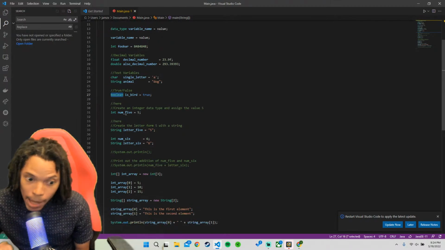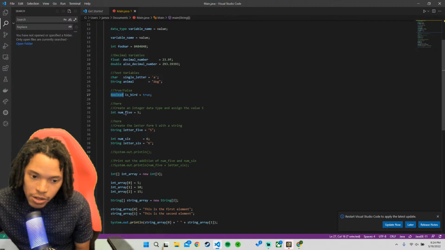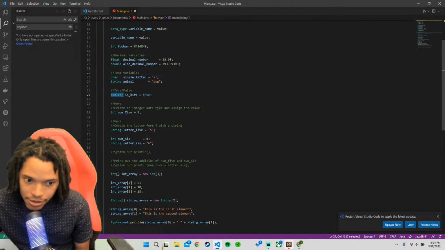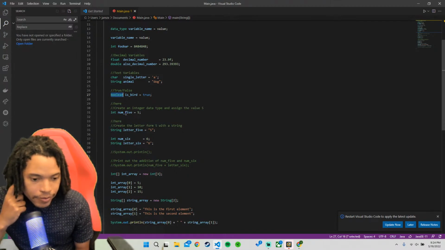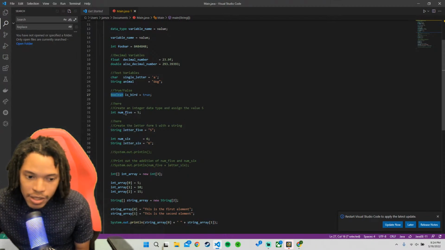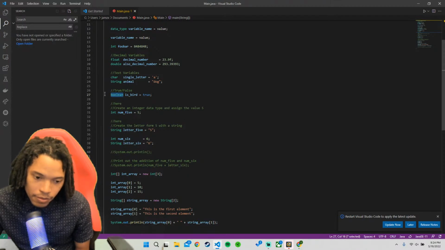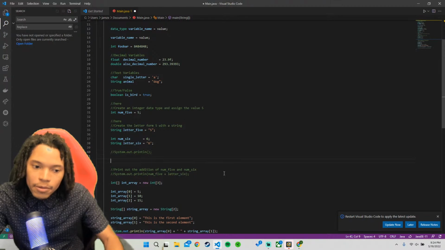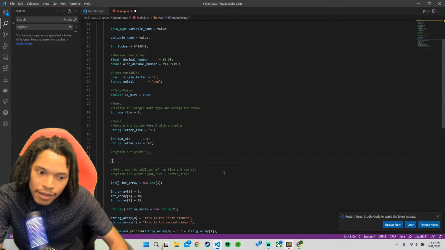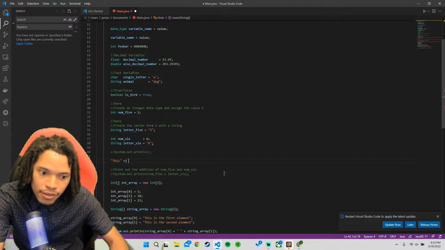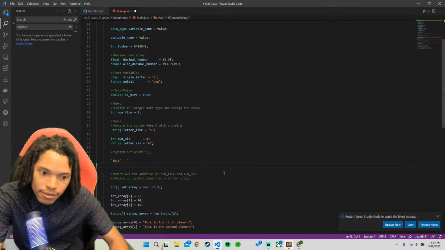So then there's vocabulary words that you should know. There's addition and concatenation, right? Concatenation means that you are appending one string to another string. For an example, if I say this, space,